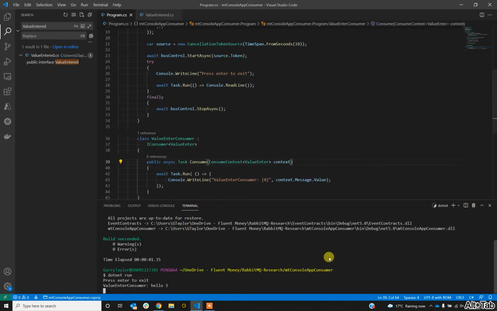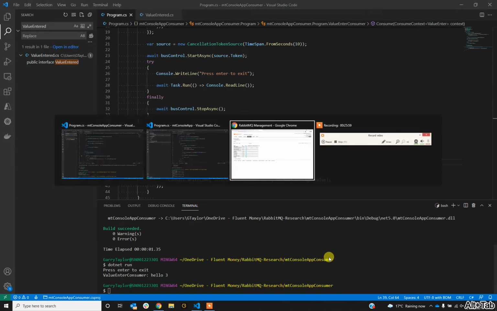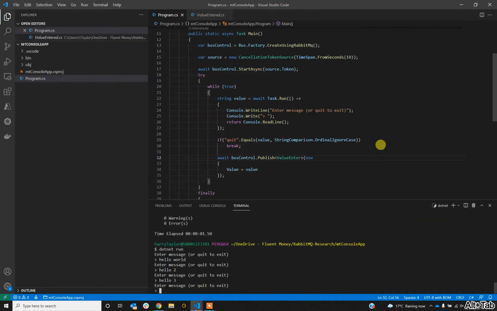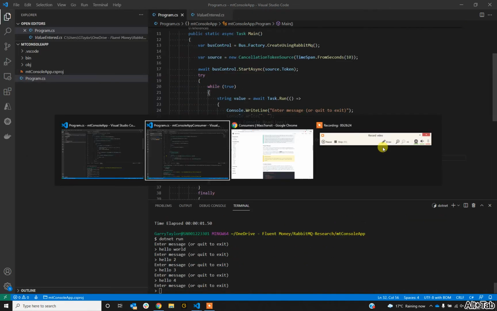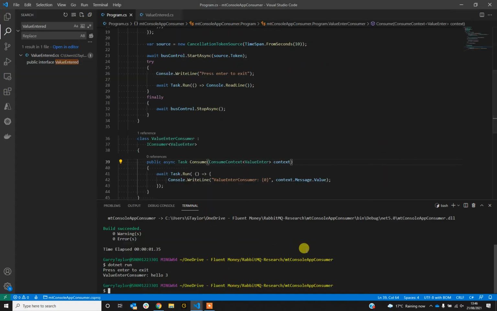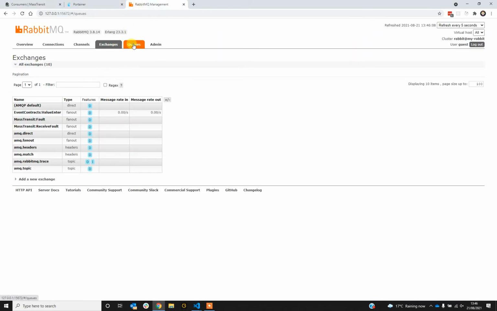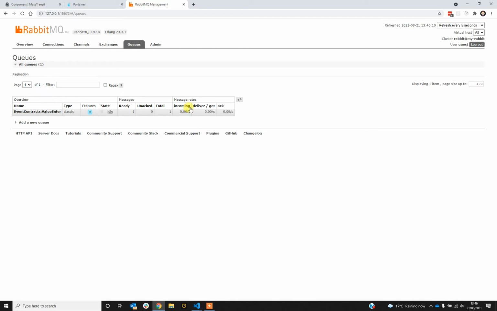Okay, let's disconnect the consumer now, because they were saying when the consumer is removed or disconnected from a receiving endpoint, a message type is removed from a consumer, or if a message. So these all feel like ors, not ands or some other weird logic. So now when I send another message, it should go into skipped, and I don't think it will. Obviously it's not going to the consumer because it isn't running, so that would be magical. If we go to the queue, have we got a skipped queue? Nope, we don't. In fact, we've got the message sat in the standard queue, not gone to a skipped queue,